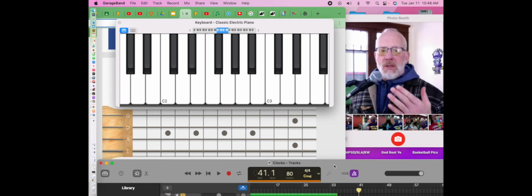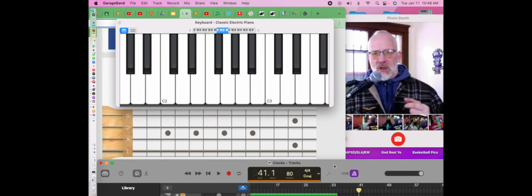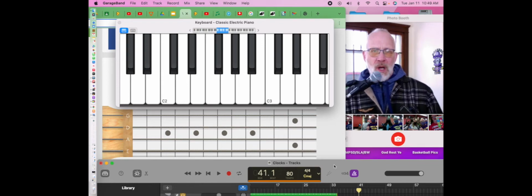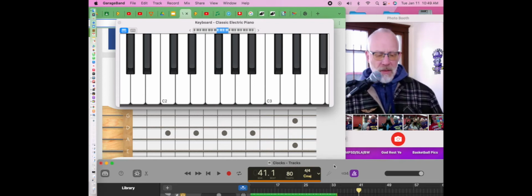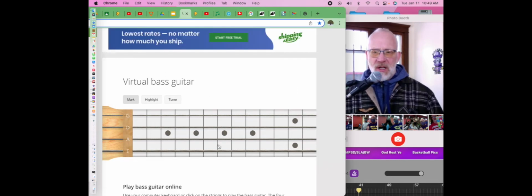So what are we doing today? This is a little bit different. I'm going to put this on Edpuzzle, but it's going to be shorter. And then after we go on Edpuzzle, I'm going to show you how the bass and the piano are related. Then, remember we were talking about basses? Then I'm going to show you how to play